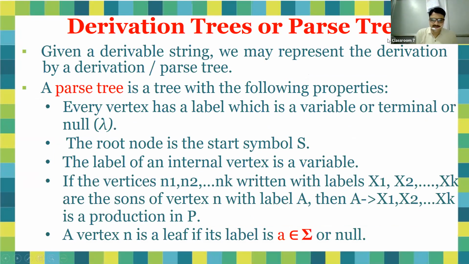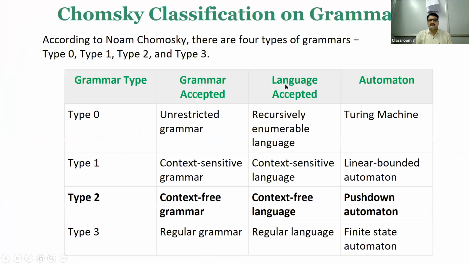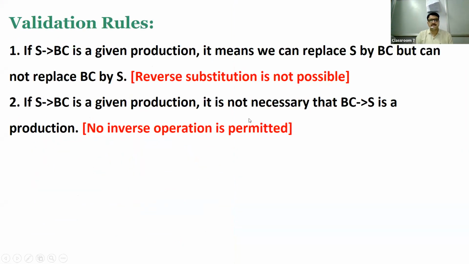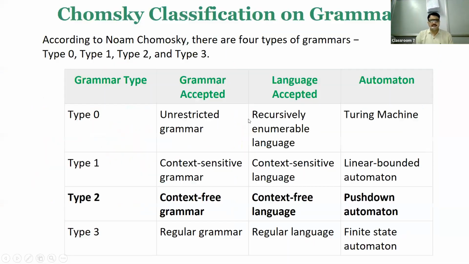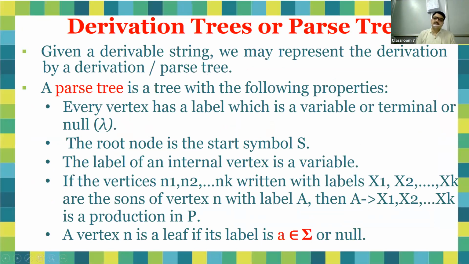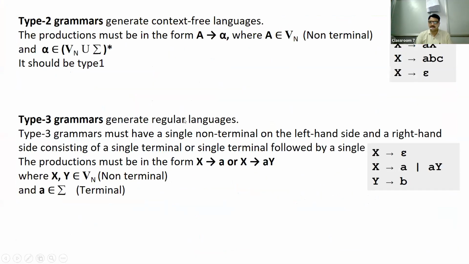Yes, good morning, everyone. In the previous lecture, we completed the Chomsky classification of grammar and the representation of grammar using tuples. If you have any problem, first we will discuss and solve these problems, and then we will start today's topic: the derivation tree or parse tree, the construction of a derivation tree, and the representation of a string with the help of the given production rules. So first, let's discuss some questions. If you have any doubt, then start with your doubt.